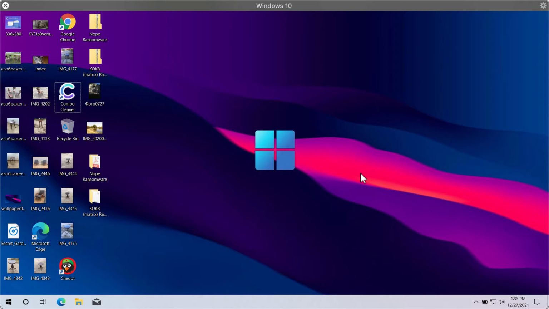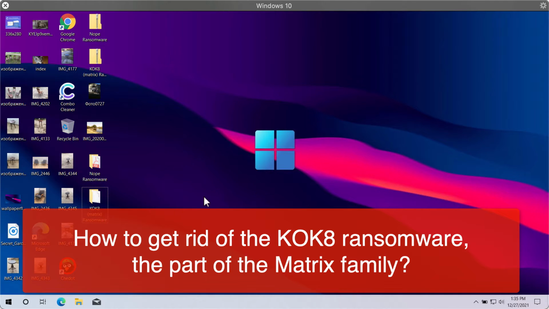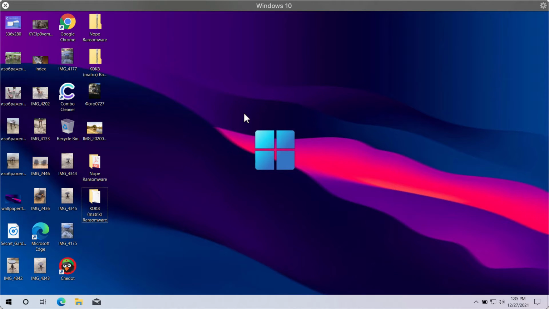This video guide is dedicated to help you get rid of the ransomware called KOK8. This ransomware is part of the Matrix ransomware family. This ransomware performs a lot of bad things on the targeted computer. It is quite certain that intrusion of this ransomware into the system means that the current security protection failed to